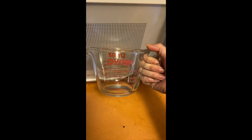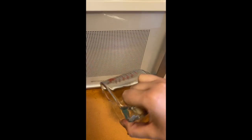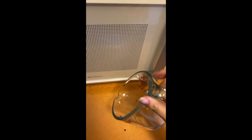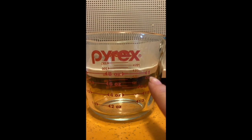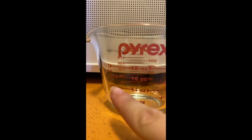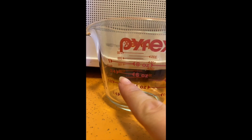Okay, so this is the clear measuring cup I was telling you about. It's glass, so you have to be careful if you're using this so you don't drop it. But if you look at the side here, it's going to be a little hard to see, but you can see where it says 1 cup. And then over here it's got 3/4 of a cup,